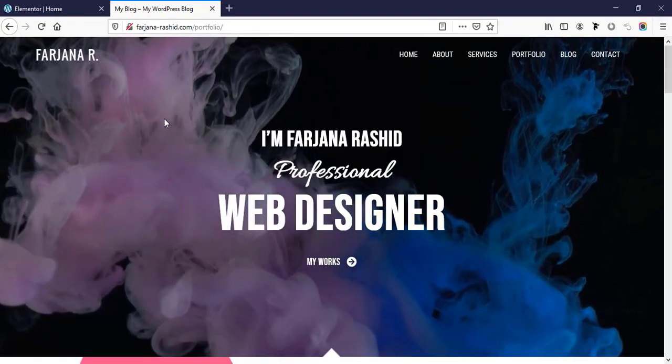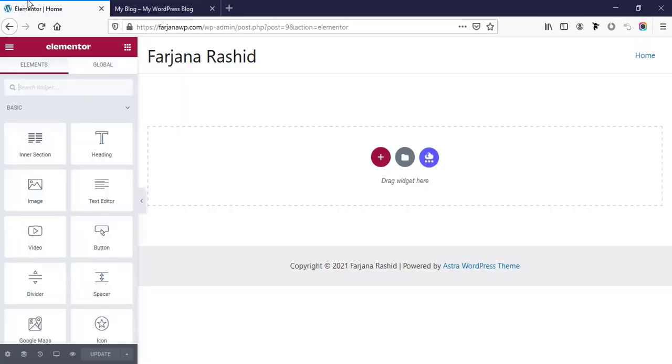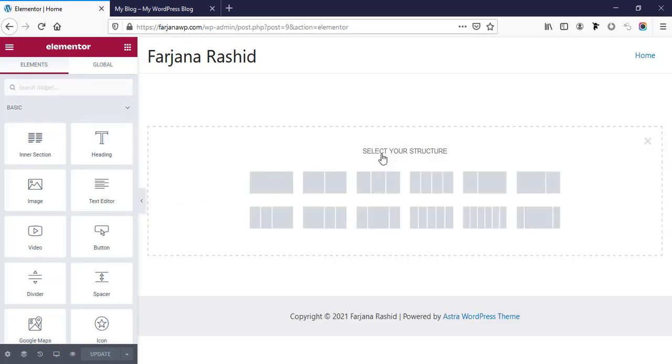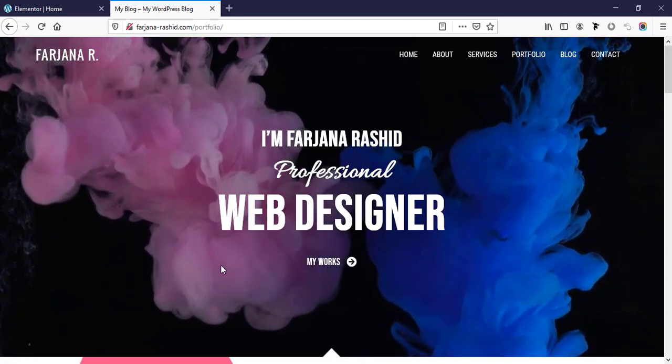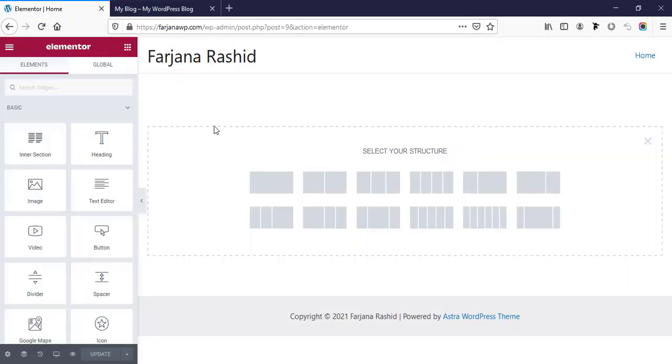Okay, so first let's create this top area. So going here, and from here we can see there are 3 different options. One is from scratch, and the 2 others, we can import any pre-made template and then we can customize it. So for this page I'm going to start from scratch. So add new section, and for the top section we can see here is a 1 column structure. So here I'm taking a 1 column structure,